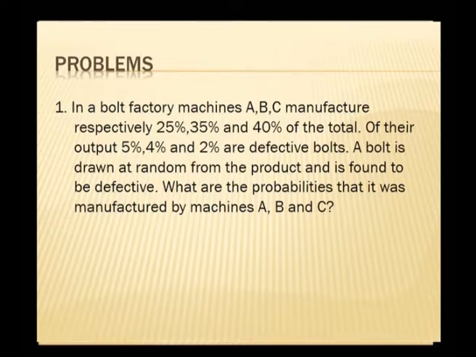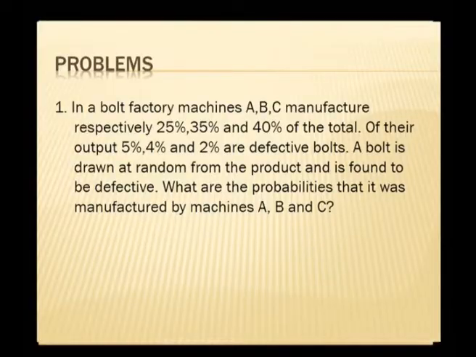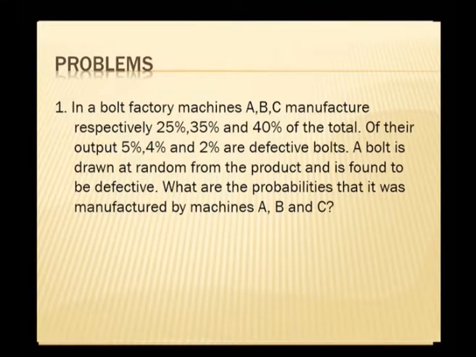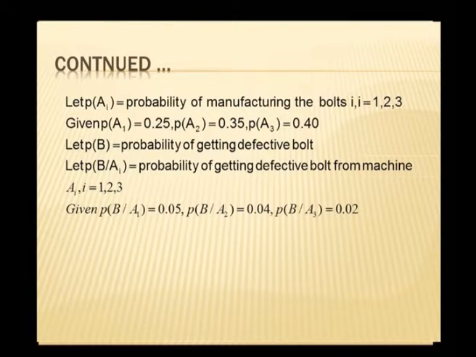See, in this problem, the 5%, 4%, 2% are the defective bolts in each of the corresponding machines A, B and C respectively. These are the conditional probabilities of defectiveness, whereas the machine is fixed. But in the question you are required to determine the probability that, given a defective bolt, it is drawn from machine A, machine B and machine C respectively. In this conditional probability, the context is to determine the probability with respect to the type of machine that we are getting. Now, let us move to the solution of the given problem.